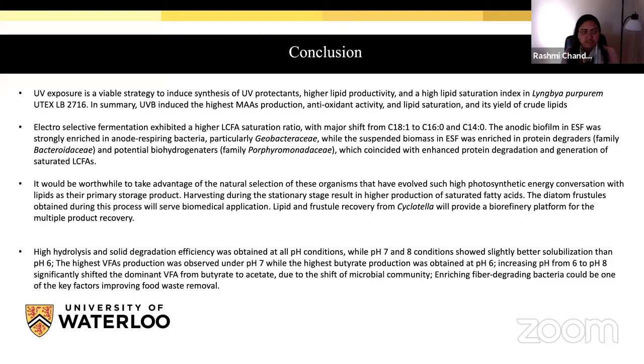And the third one is from my LBR reactor. The LBR reactor is really good at degrading and minimizing the solid waste. And when we talk about the pH and the VFA production, acetate and butyrate were the maximum there. And we can enhance the fiber-degrading bacteria, which is Bifidobacter. This class of bacteria is also helpful in future research when we talk about lignocellulosic waste or any kind of fiber degradation. So with this, I will finish.